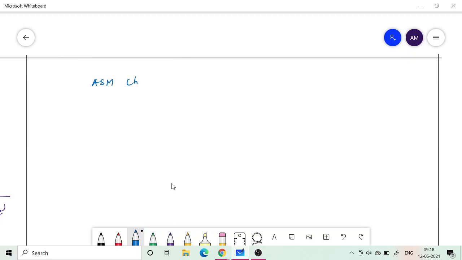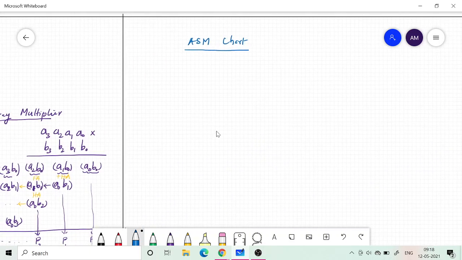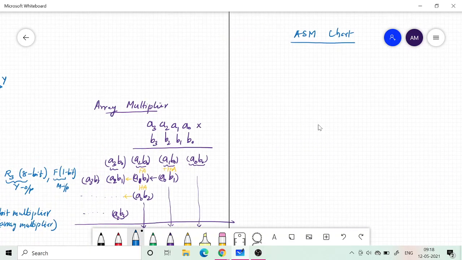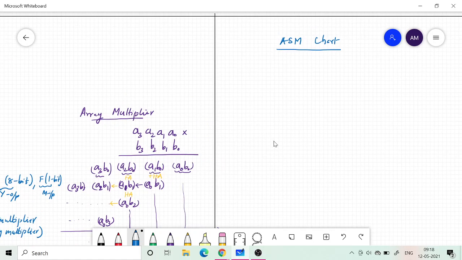ASM stands for algorithmic state machine. It's something like a state diagram, but it has a good connection with the data path hardware that we have already drawn.